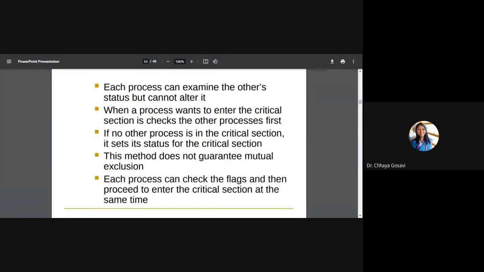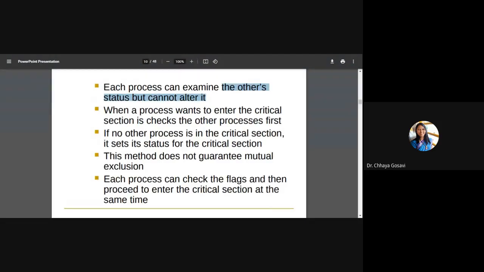If no process has raised its flag, then you can raise a flag and you can enter into the critical section. So first, what will the process do? It will first examine the other's status. It cannot alter that status, but can check. If no one is willing to enter, you raise your flag and you can enter. So it will solve the problem of progress.